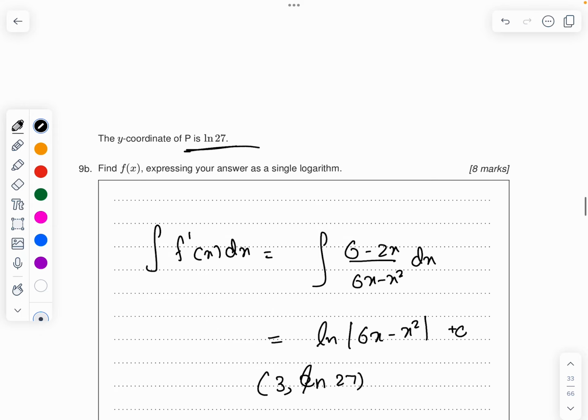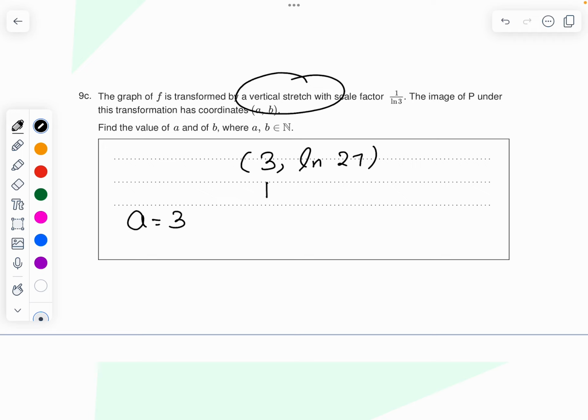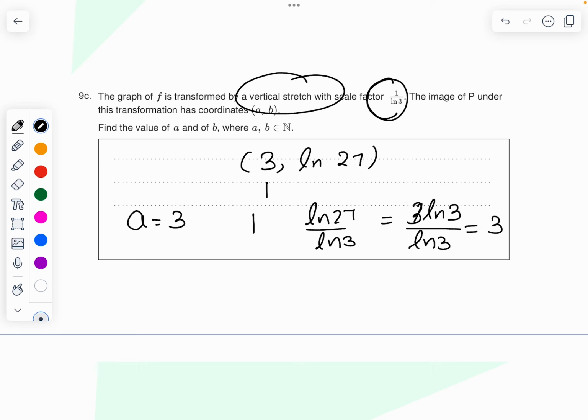So what was P? P becomes 3 comma ln 27. Whenever you're doing a vertical stretch, the x coordinate does not change. So a value is going to be 3. Now for the b value, you are dividing by ln 3. So it becomes ln 27 divided by ln 3, which is nothing but what? ln 27 is 3 ln 3, and divided by ln 3, the ln 3 gets cancelled, so b equals